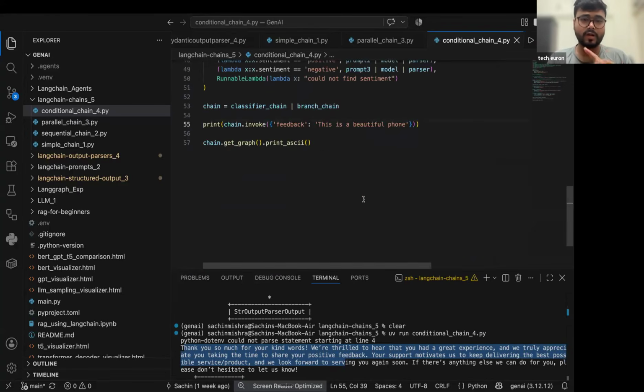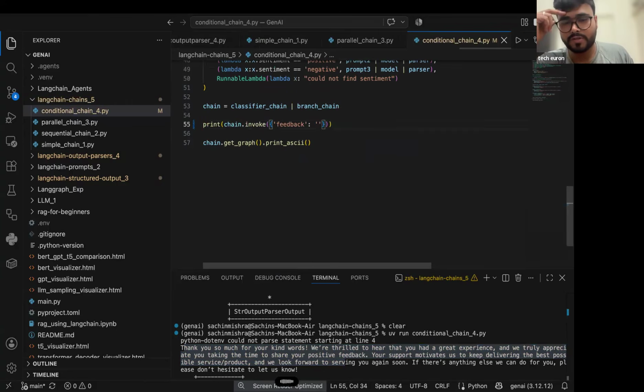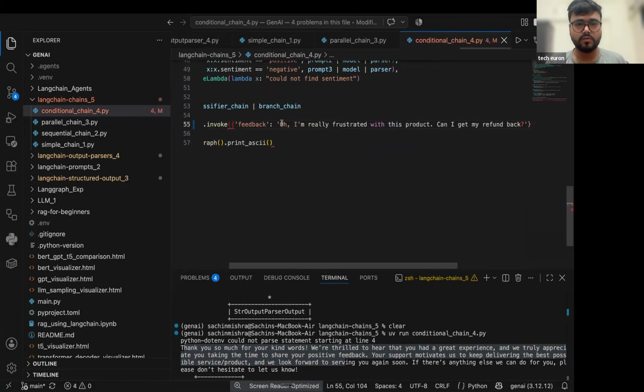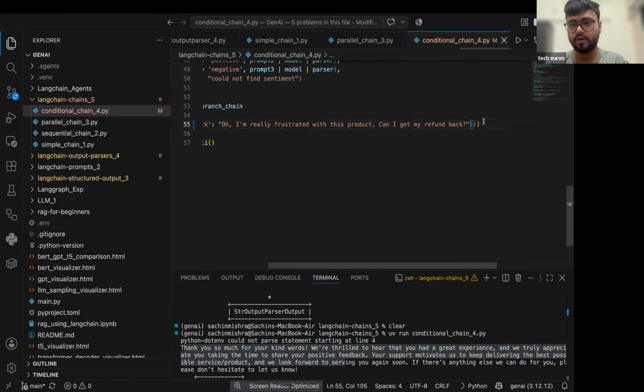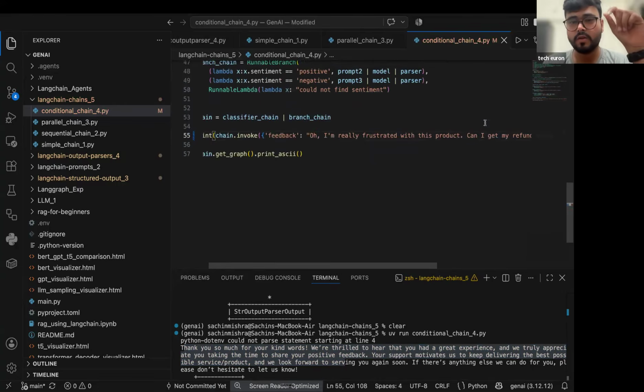Now, let's talk about the second situation. So let's change this. Oh, I'm really frustrated with this product. Can I get my refund back? So let's say this is your response. Okay. Now your user has given this feedback, and let's say if you are very popular,